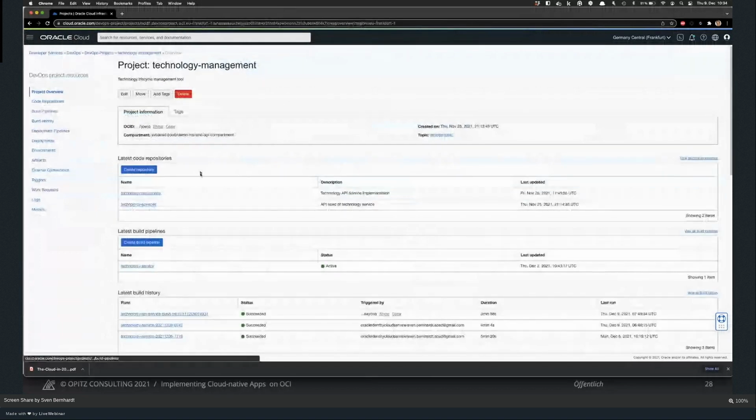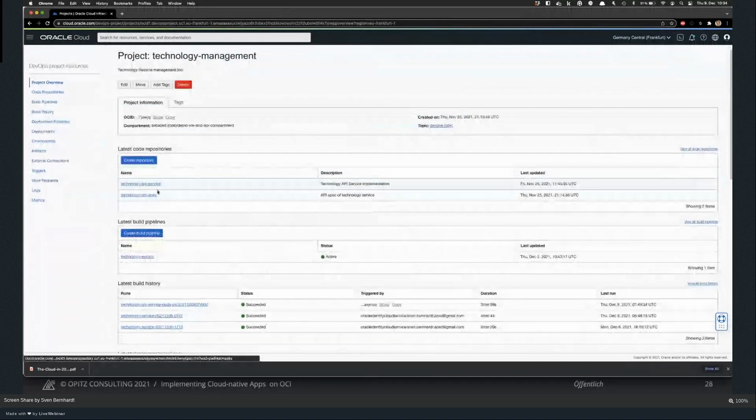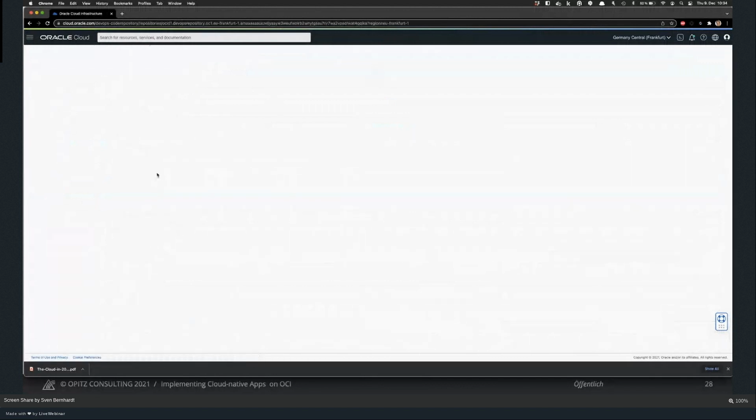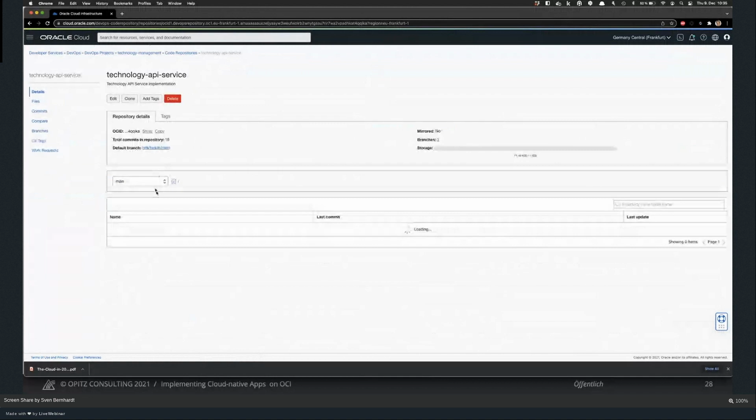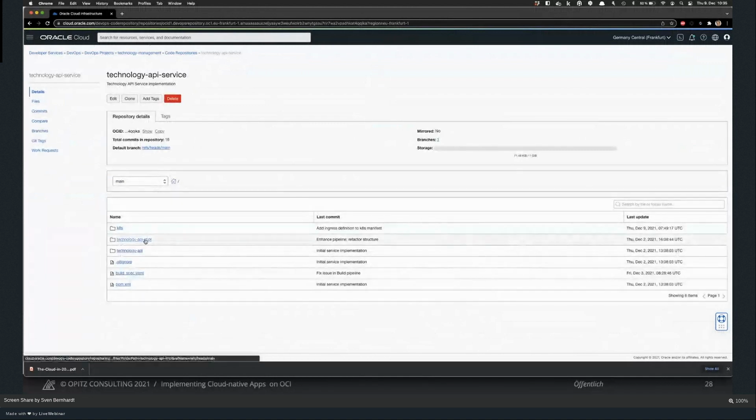I have a code repository. I have API service, API spec. Because it's separated, I have chosen an API first approach. But first of all, here I have my source code for my API service. Right, so my technology API implementation in Micronaut. I have it